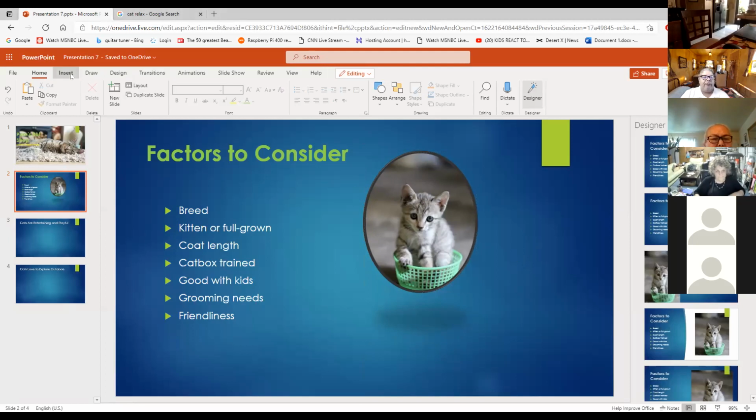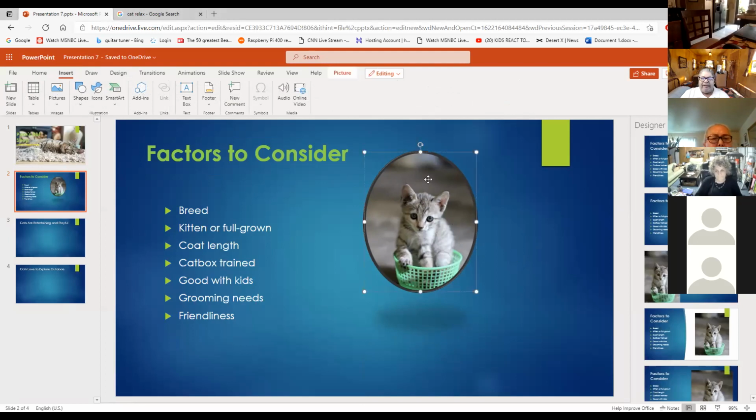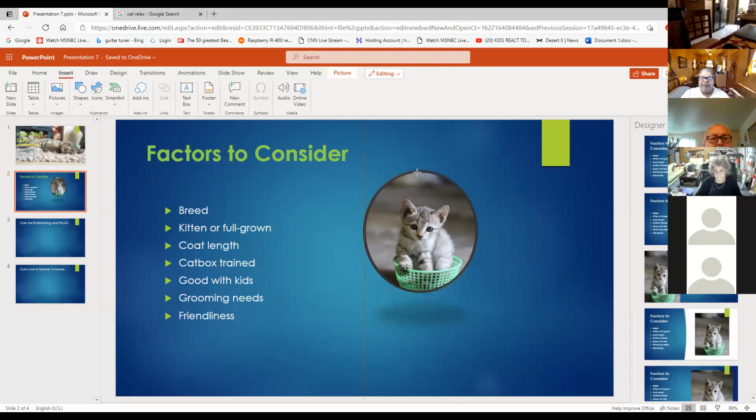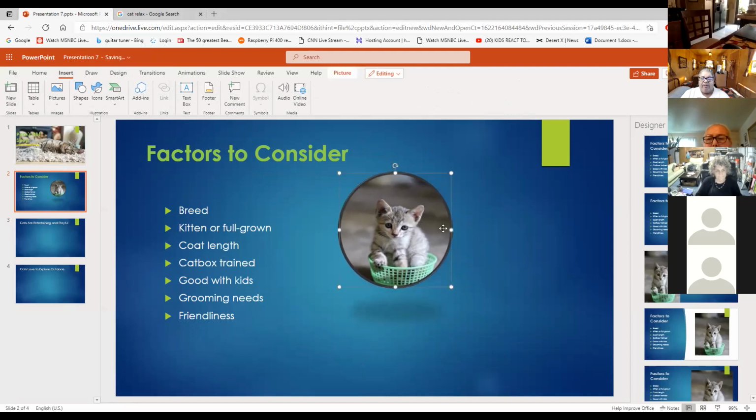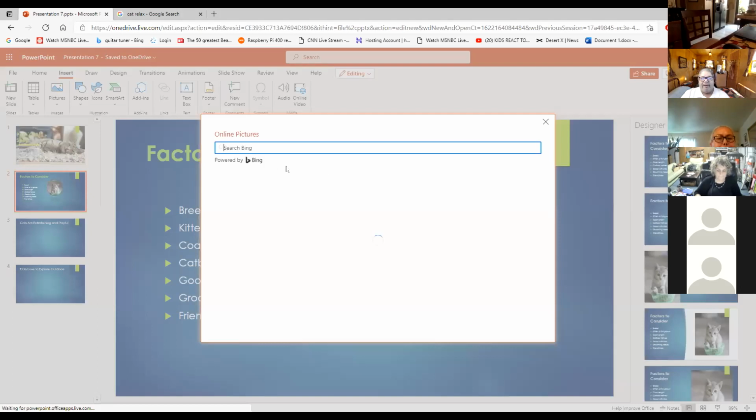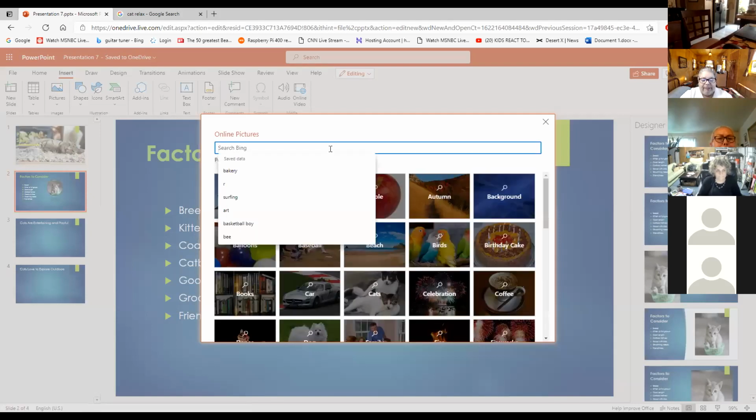So I'm gonna go, this one, I still don't like it that much. Maybe if I go like this, see, that way it's not that oval, but it's round. It looks a little better. So I just made that top a little bit more circular than oval. All right, so here we go: insert, then pictures from Bing, or Bing pictures. And then we need just another cat,